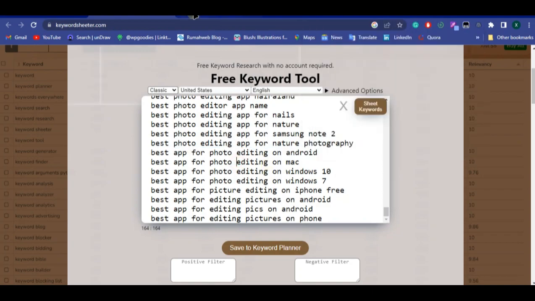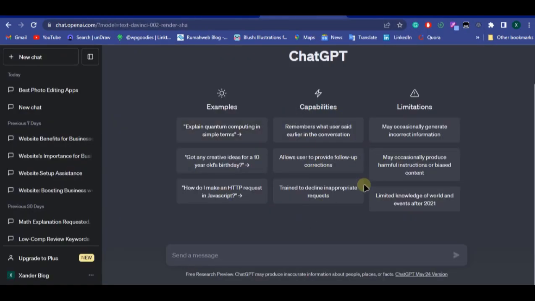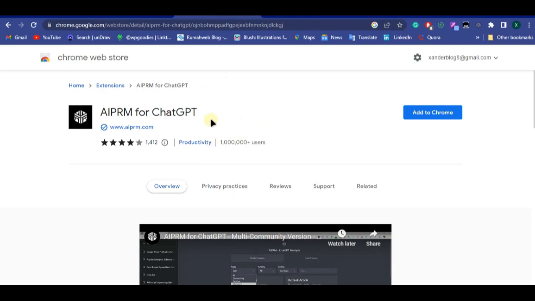So now we come to our Chat GPT. We are not going to be using it like this. I'm going to be dropping a link in the description where you can get this extension. You just need to come through the link and download this extension to your Google Chrome so that you can grant Chat GPT access to this extension. So you just need to click on add to Chrome,